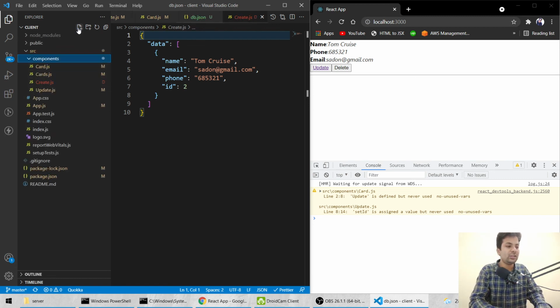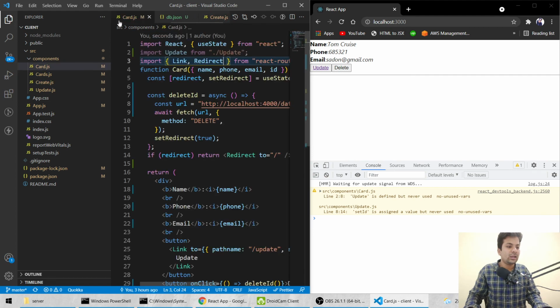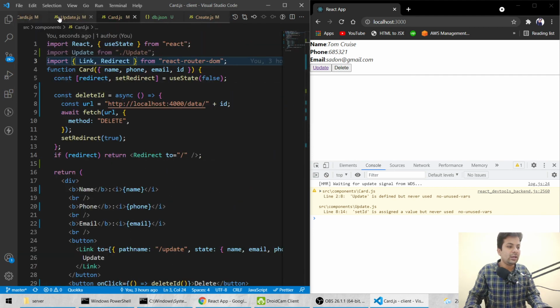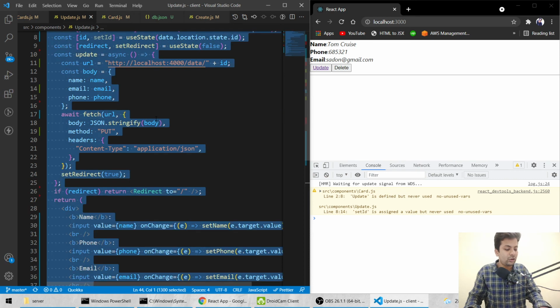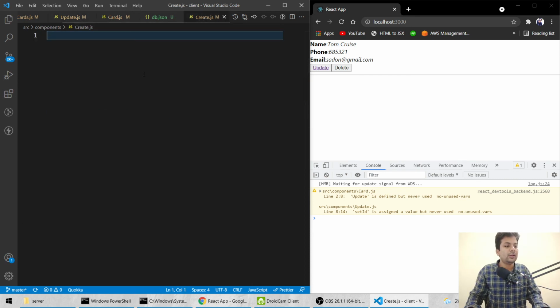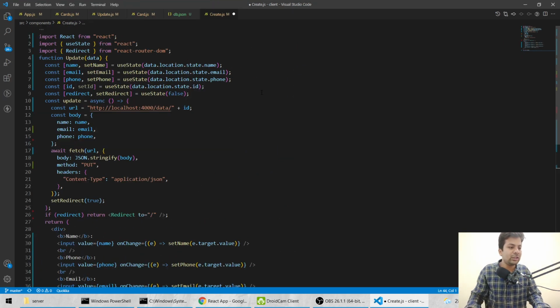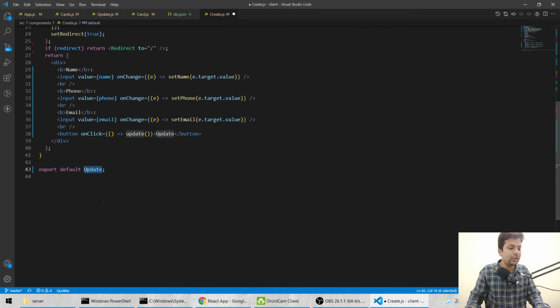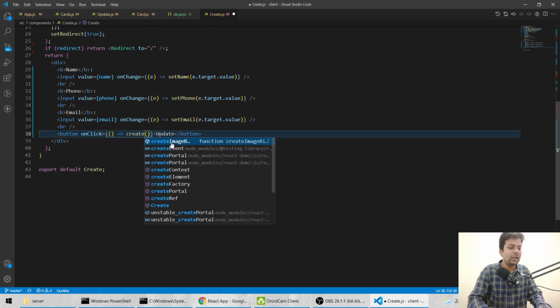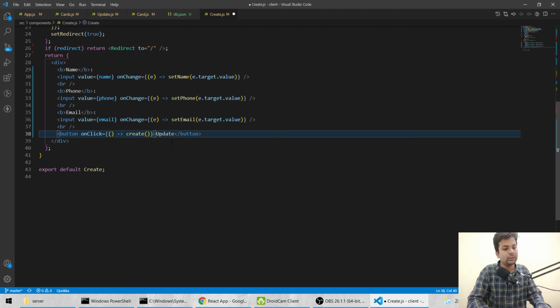We'll say create.js, and we'll have something like the update thing. Just copy the whole of it, just paste it here, and we'll make it big. And here we'll just make a few changes. We need to change the component name to create, here also to create, function name also to create, here also to create.